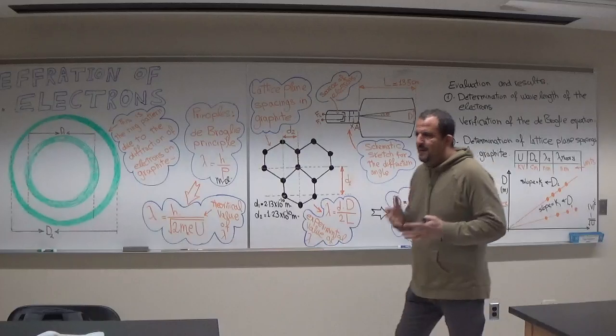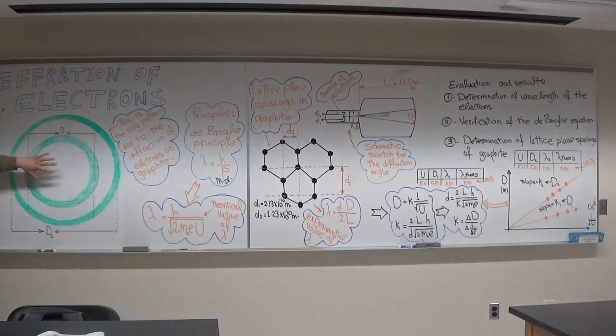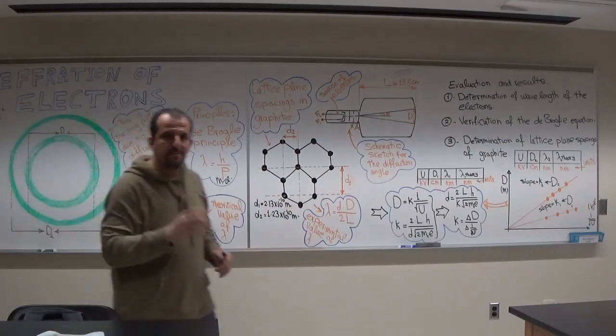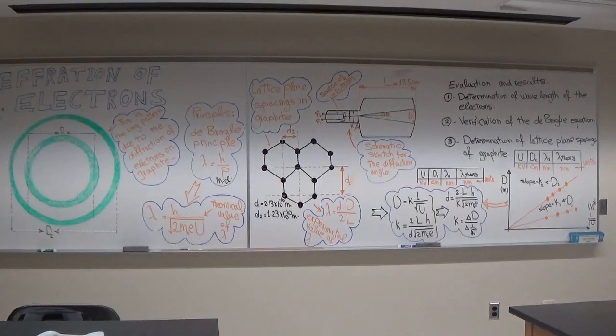So in today's experiment, you will see this kind of behavior, guys. So we start the experiment, we start the electron gun, and we receive those electrons, guys. So before anything, we receive those electrons on a very, very small piece of graphite. And after that, those electrons will go and then be received here. If there is a diffraction,